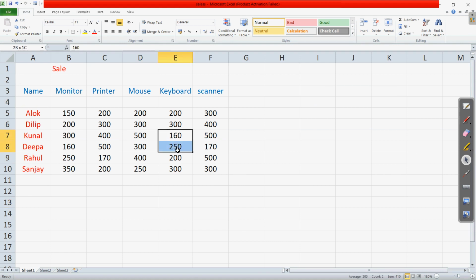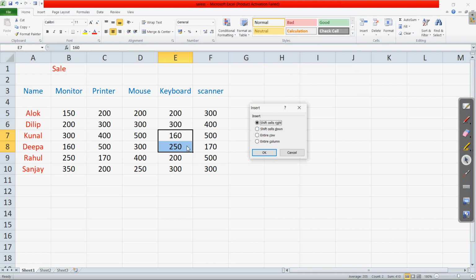For example, suppose we want two cells to be inserted here, the boxes or the cells which we have selected. Then go to the Home tab. In the Home tab we have the Insert option. Then Insert Cells is the option. Click on Insert Cells. When you click this, it will give you the options Shift Cells Right and Shift Cells Down.